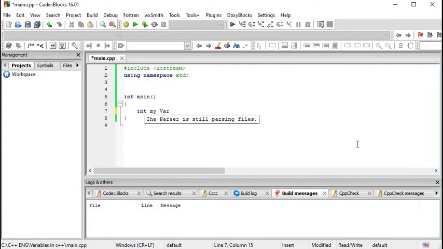This is invalid. You cannot create a variable name like that because we have a space in between, but you can declare it as this. This is a valid name,